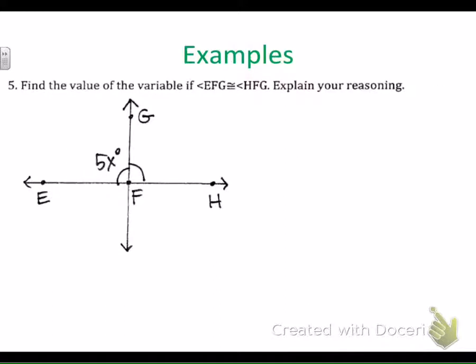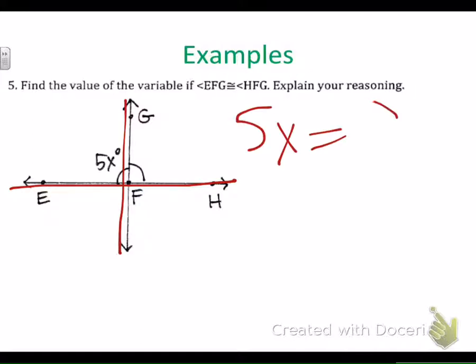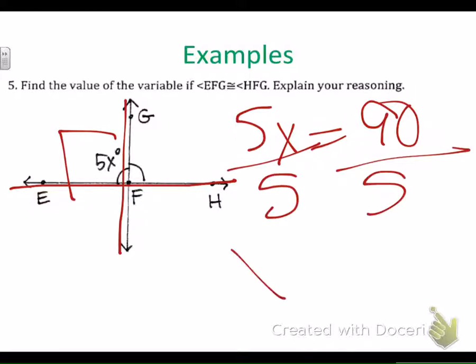I think this is the last one. So we need to find the value of the variable if EFG is congruent to HFG. Okay, that's what these two little lines here are for. So we know these are congruent to each other, and this makes a straight line, so it adds up to 180. So we know that these are perpendicular lines. So you do 5x is equal to 90 because this forms a right angle. So divide by 5 on each side. X is equal to